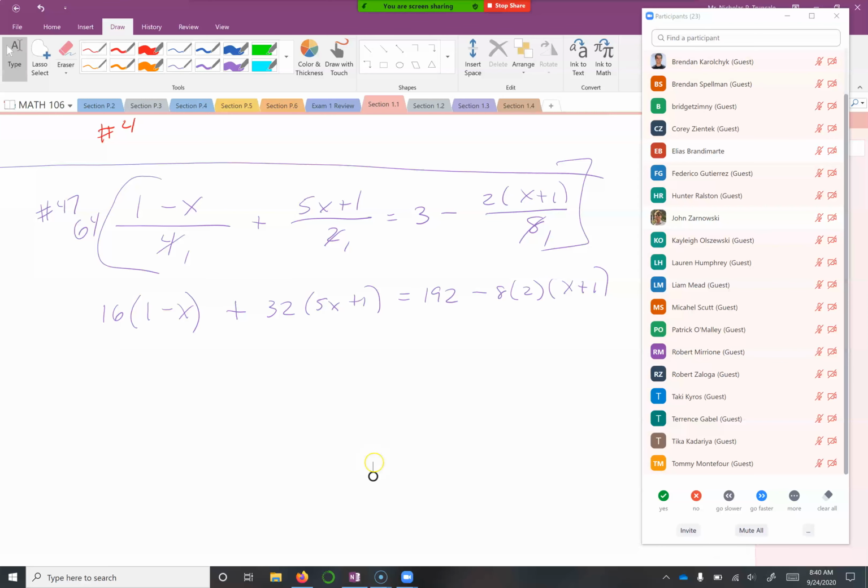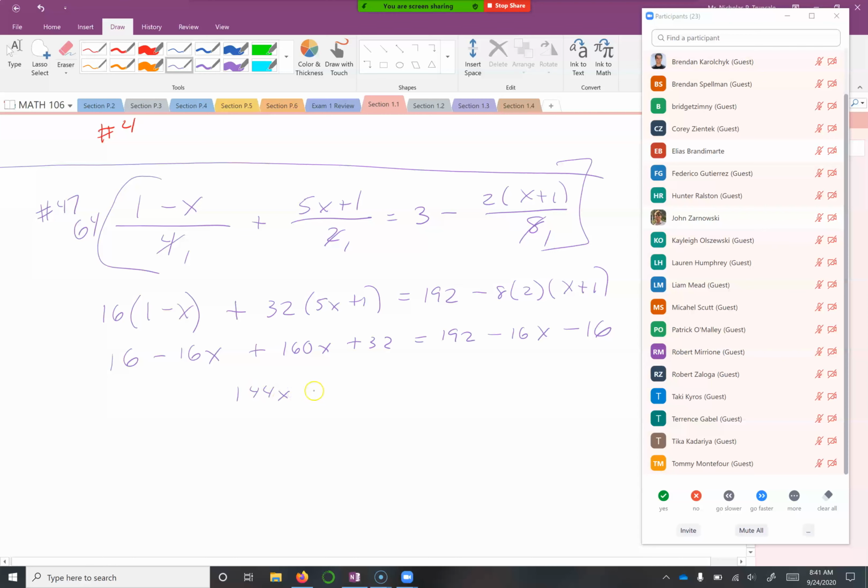Now it just becomes a linear equation that we have to go ahead and solve. So I'll just go ahead and do all this distribution. And again, with these bigger numbers, you're allowed to have a calculator, so it really shouldn't be too much of an issue. So we're going to have minus 16x minus 16. So now it's all about just combining all of this stuff together here. So let me just combine some things on the left. So we're going to have